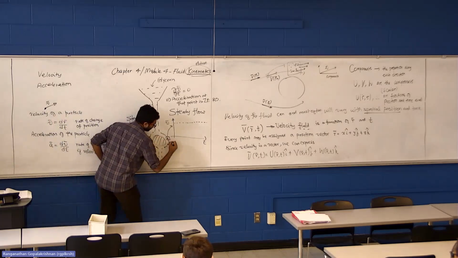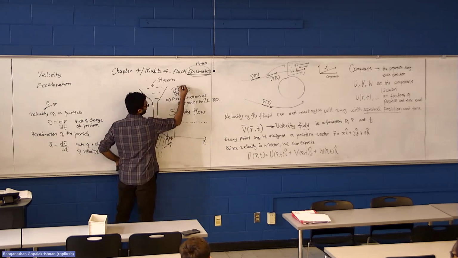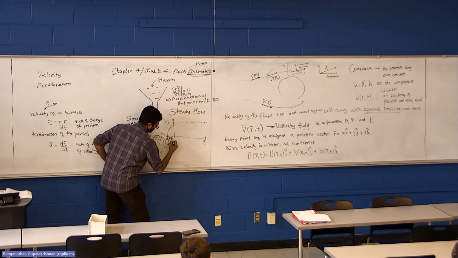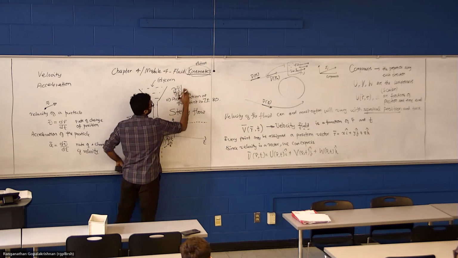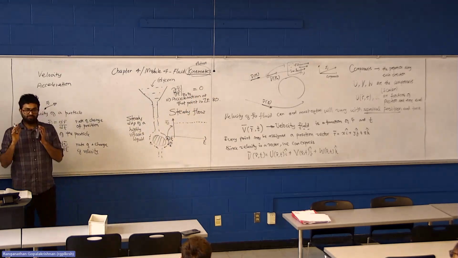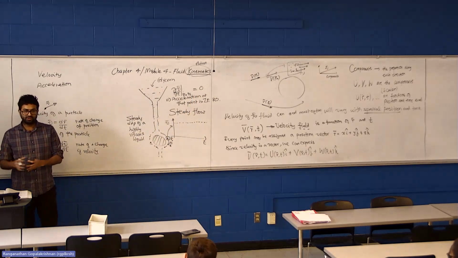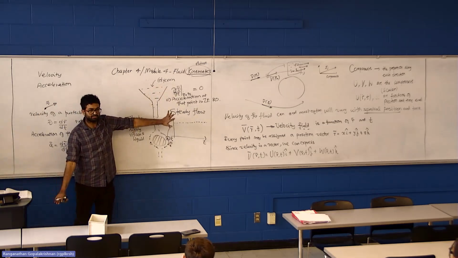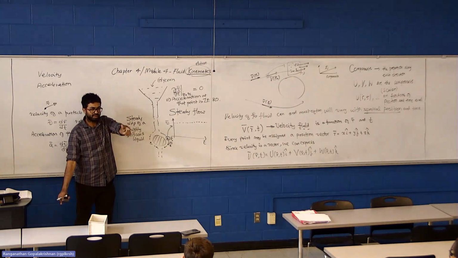If this point has a position vector of r, I will say the velocity or the time derivative at r equal to r naught, let's say this is r naught, equal to 0. The local velocity change with time is 0, or the local acceleration at that point is 0. With me, Christina? Good? Legion?